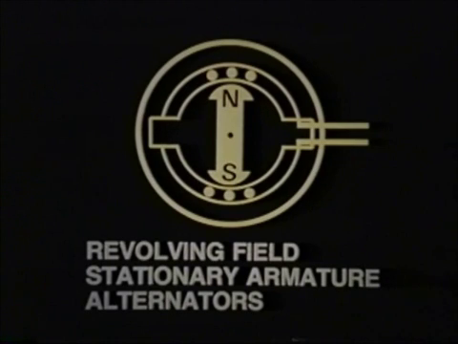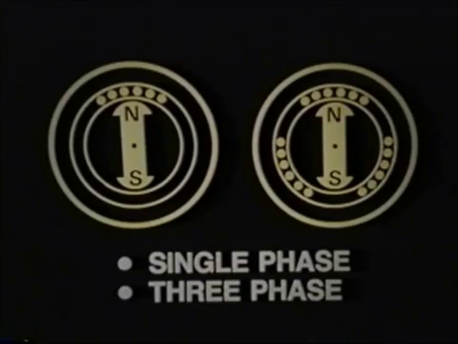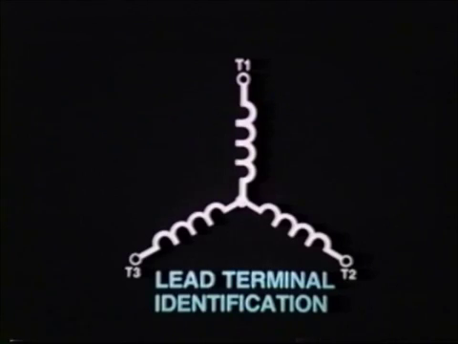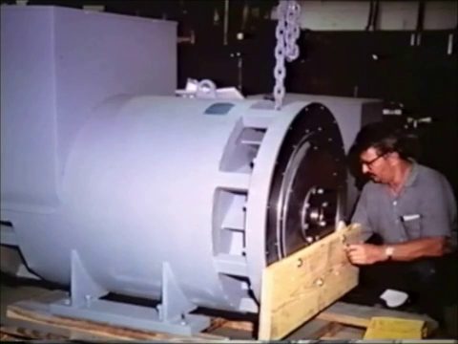First, we will review the revolving field stationary armature alternators with a focus on stationary armature construction and principles. Second, we'll deal with single and three-phase power. Then, one and two circuit armatures, and finally, lead terminal identification. These four areas are instrumental in your training as a prelude to generator construction, so sit back, relax, and we'll get started. As you know, there are two types of alternators: